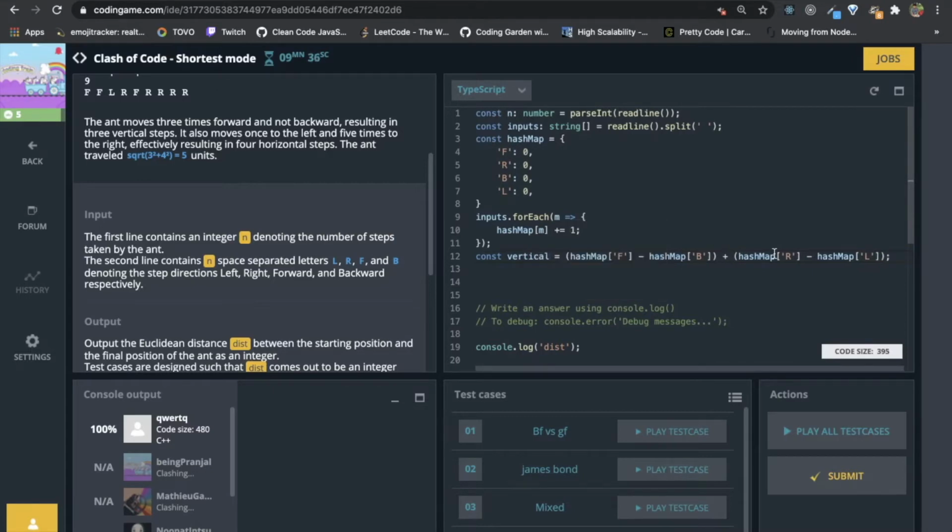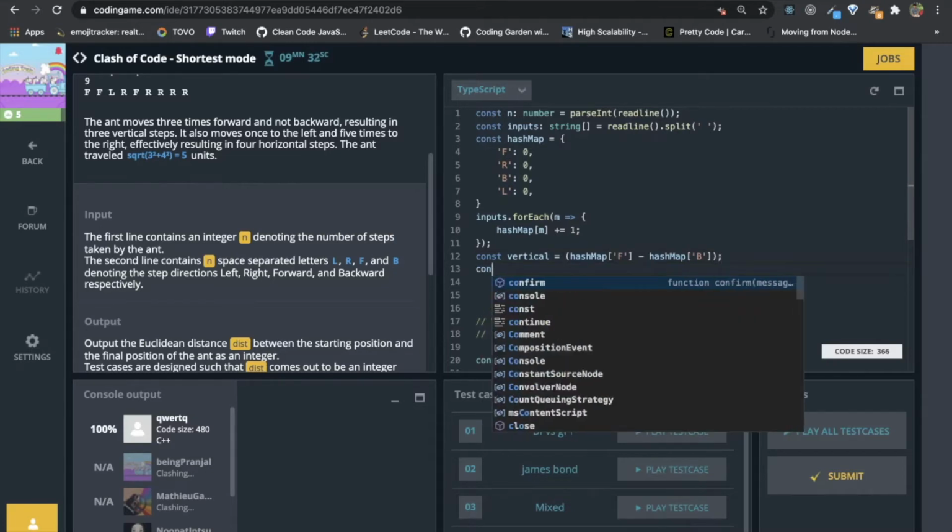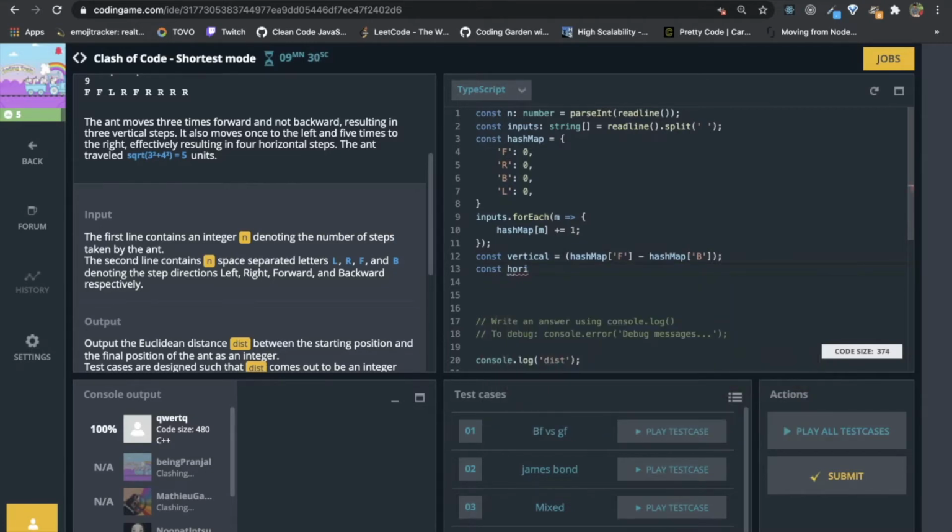Vertical moves is basically this one, and horizontal is basically this one. Not adding the types currently here, you can also add types. Now we know horizontal moves and vertical moves.